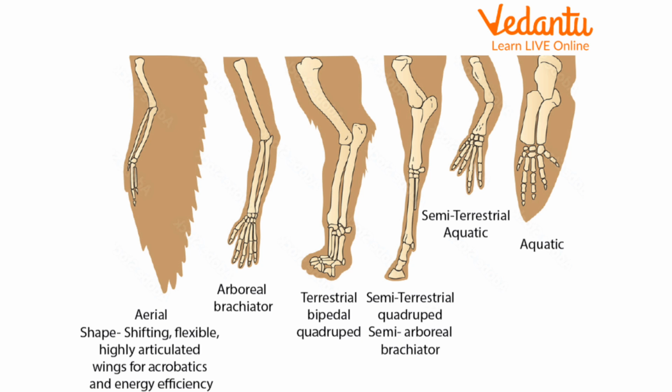The phalangeal formula is: frog 02233, Caelotis 23443, pigeon 12100, man 23333. So this is the structure and functions of bones